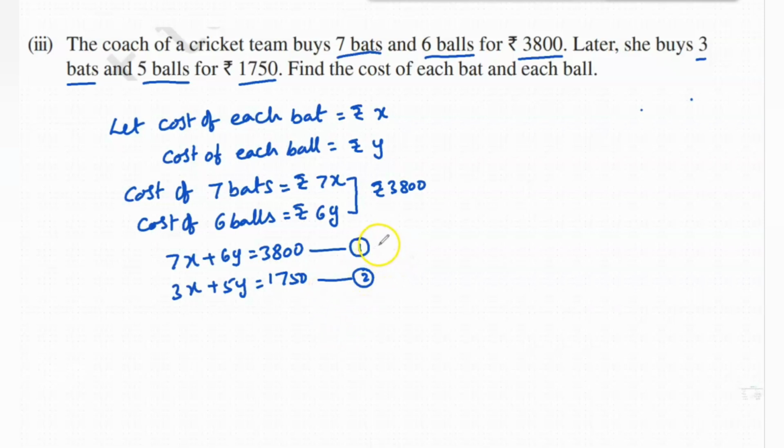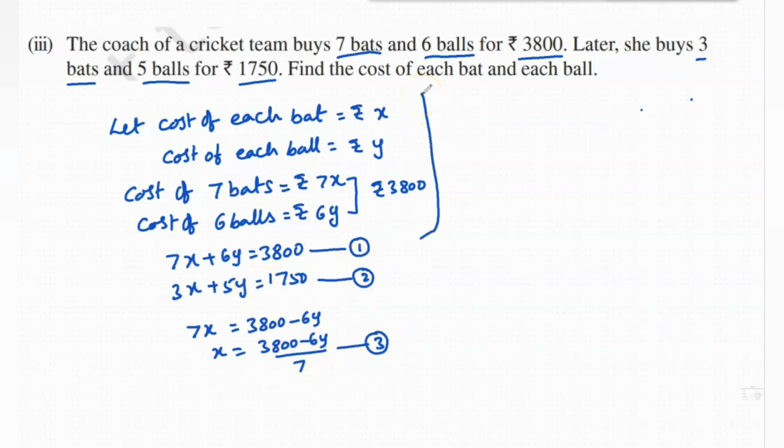From the first equation, I'll write 7x, you can bring out 7x, 7x is equal to 3800 minus 6y, from which you can write x is equal to (3800 minus 6y) by 7. So this is the value of x which we get from the first equation, and name it as equation 3. Now substitute equation 3 in equation 2. Substituting equation 3 in equation 2, we get 3 times x, we write this as 3 into (3800 minus 6y) by 7